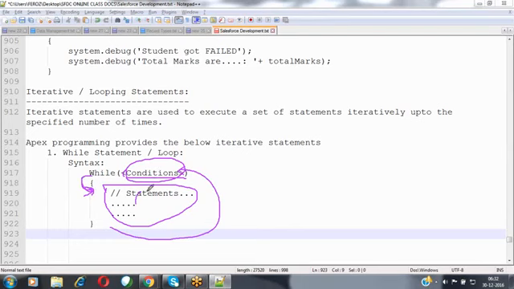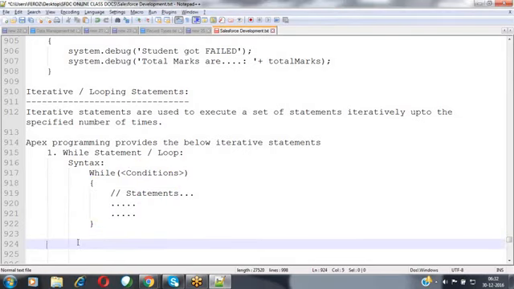It will be executing the statements one more time. After that execution, again, it will be going back to the condition. This process keeps on iterating until the specified condition fails. Once the condition has failed, it will come out from the block automatically. This execution process happens in the while iterative statement. Before executing the statement, first of all, it verifies the condition, so it is called a pre-checking iterative statement.